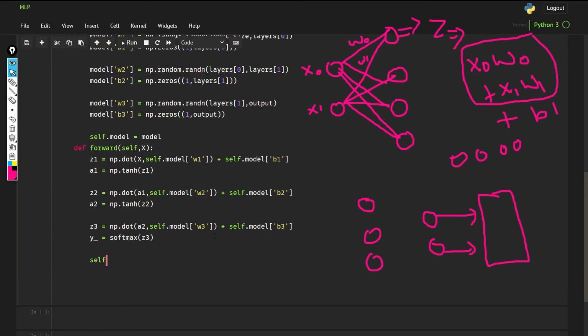Now I'm saying that self.activation_outputs is going to be nothing but a1, a2 and y hat. So our activation outputs that we get are these, and we are also going to return our output y hat.